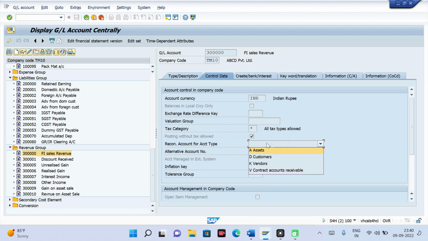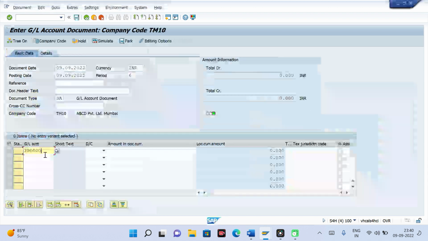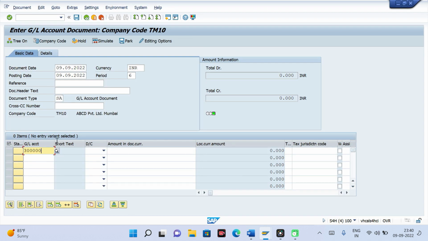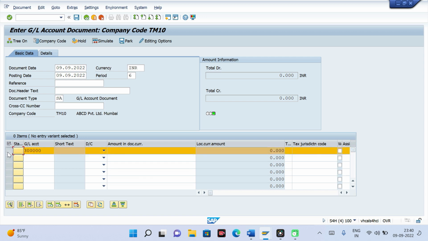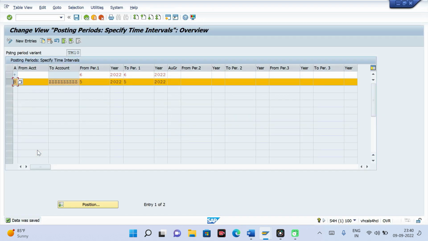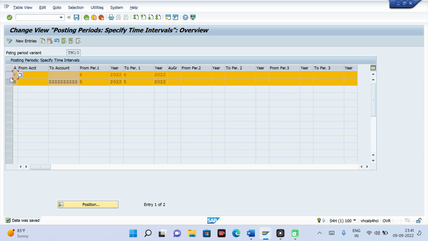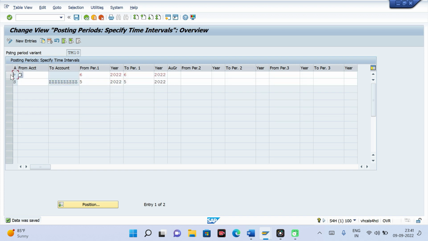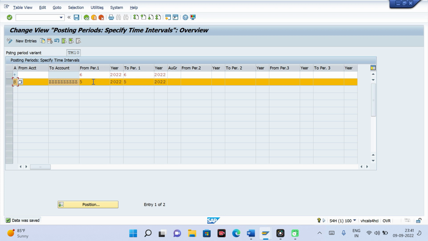If nothing is ticked, and it is also not mapped in OBYC against the BSX transaction, then automatically this becomes a normal GL. So for this GL, the system will check at GL level also whether the posting period is open or not. Now this level it passed, but this level it will fail, because at GL level it is closed.